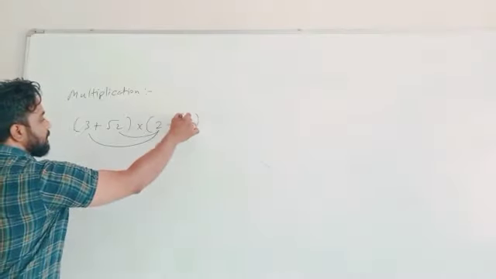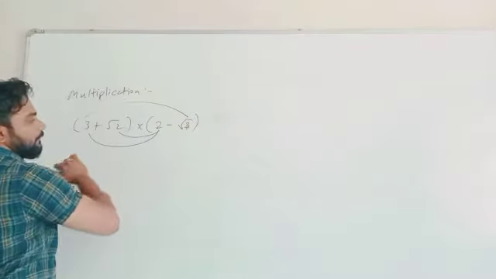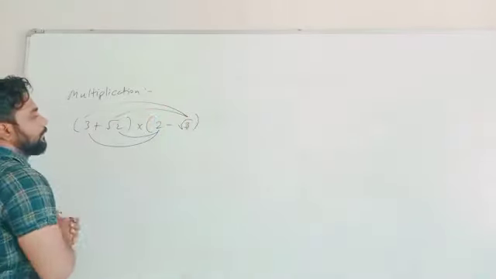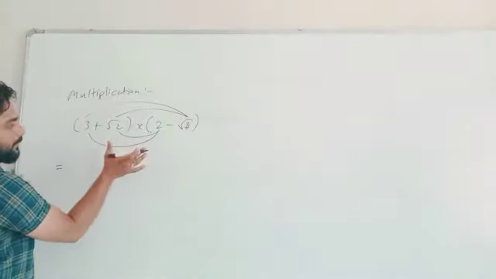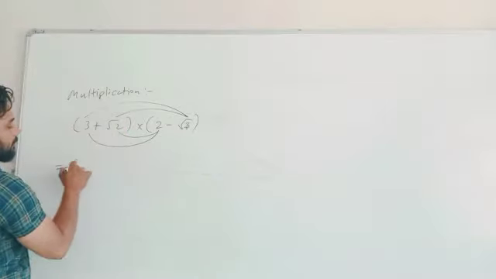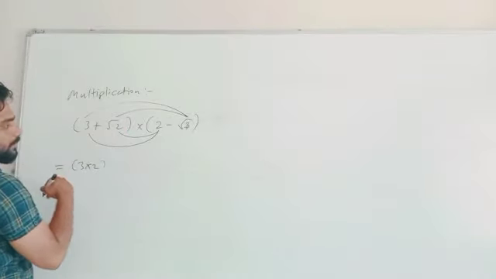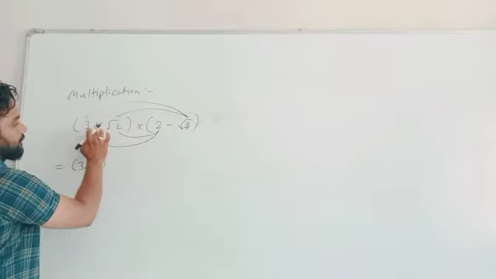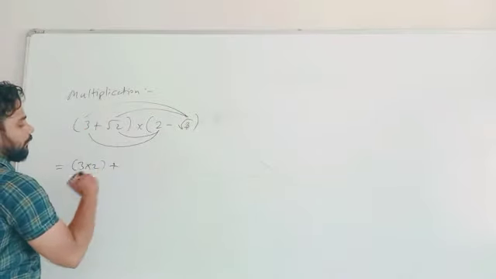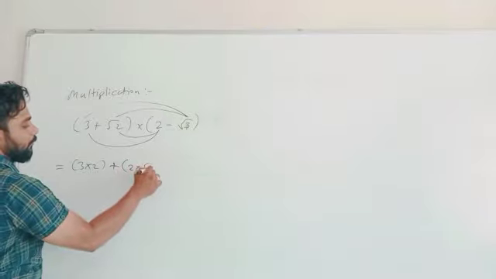Here with the other term it is the same. That is, root 3 will multiply with 3 and root 3 will multiply with how much? Root 2. Understand or not? So that is equal to, while doing the multiplication, 2 multiply with 3, so that is 3 multiply with 2. Understand or not? As well as 2 multiply with root 2. But what will be the sign between both of them? So here it is plus plus, so that will be plus 2 multiply by root 2.